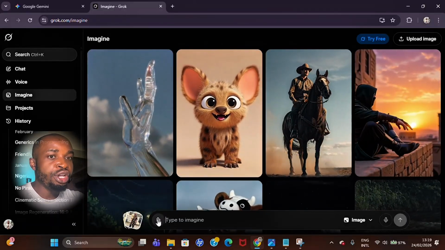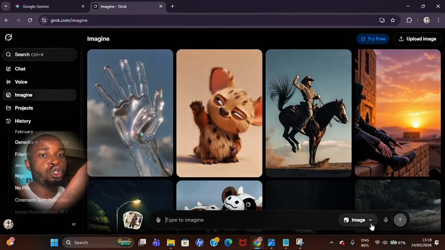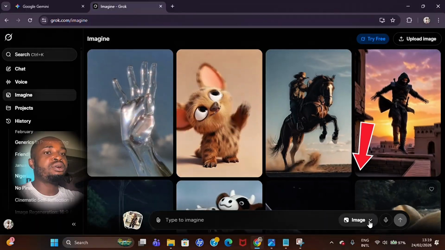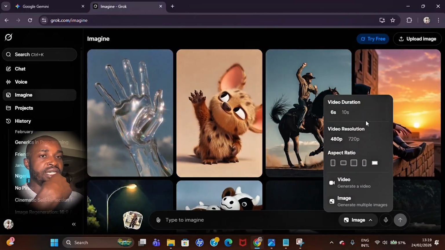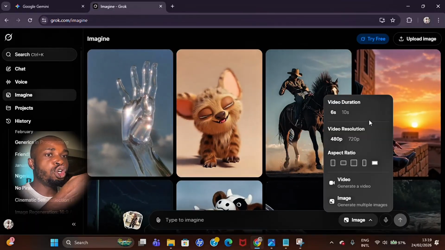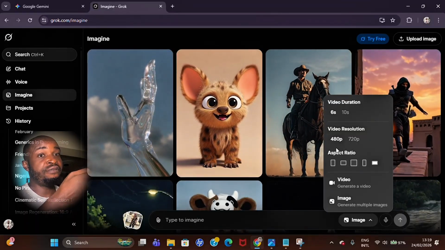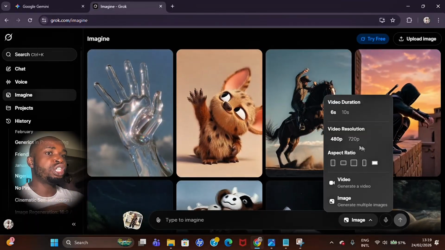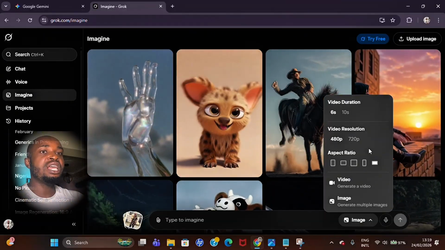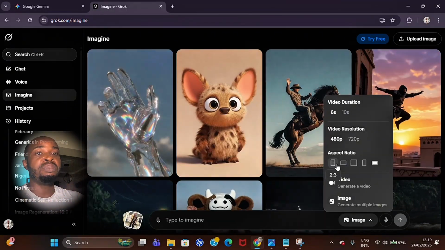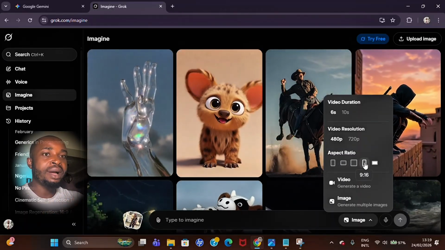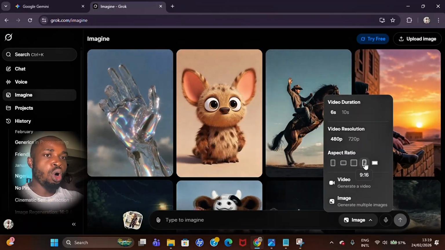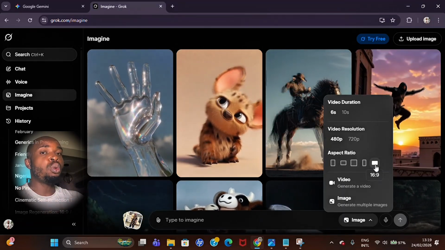So here we'll be going to attach file to upload our file. On the right here, you will see we have image. If you click on the button there, you see we have video duration of 6 seconds for the free version, 10 seconds for the paid version, 480p for the free version, 720p for the paid version. And as the aspect ratio, you will see 2:3 and so on. So right now we'll be working with the